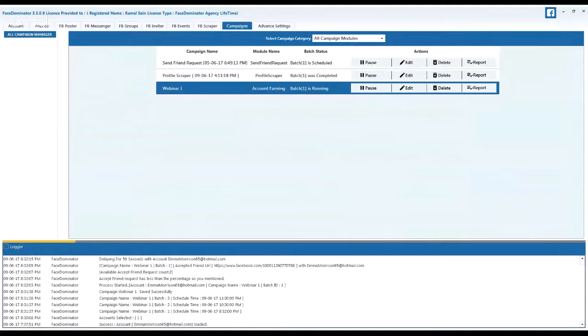If you want, you can also click on report and check which profile has been accepted by your account.